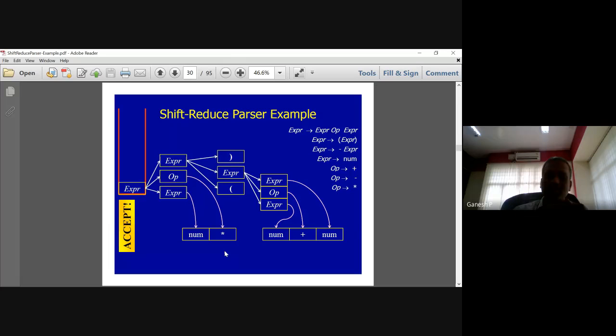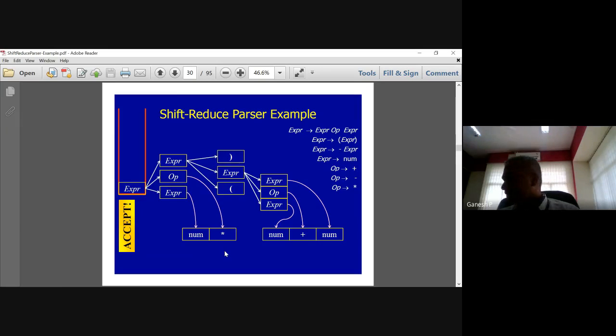How long? Every time data is pushed onto the stack, we check whether any data can be further reduced into the grammar. Ultimately, we want only one main grammar rule coming into the stack. If that is there and we have reached the end of the input, then we can say that the shift reduce parser has accepted a valid input. Else, either the input is not completed, or the input is over but we have not reached that main grammar rule in the stack, then we say that the input we have given is an invalid input. That is the idea.